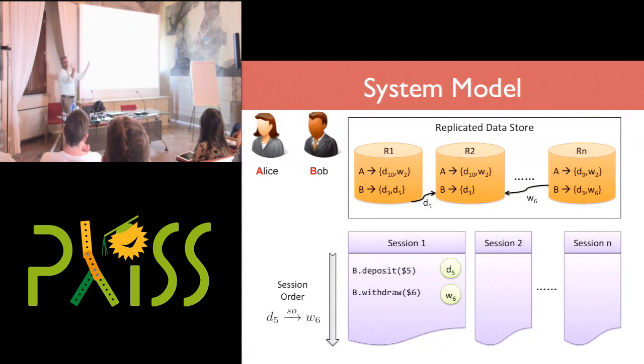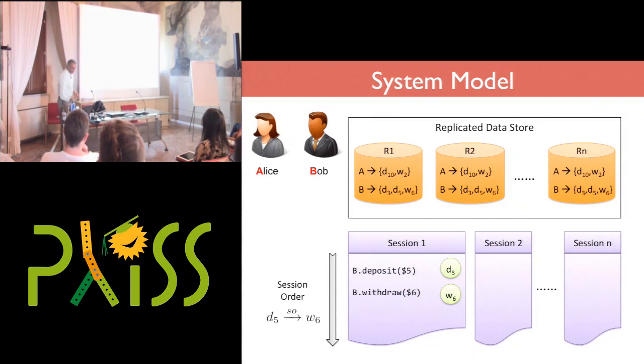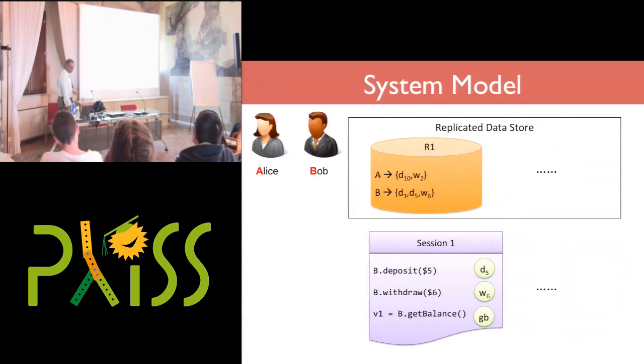In the background, we're going to communicate data. Now observe that I could also do other kinds of computations on replica 1. Bob might issue a request that says, what's the value of my bank account at this point? If that request went to replica 1, the response would be 8, ignoring the fact that there was also a withdrawal of 6 that he issued before. This is perfectly acceptable. Eventually, everybody will get to see everything else. That's the hope, that eventually everybody gets to see all of the data that they wrote.